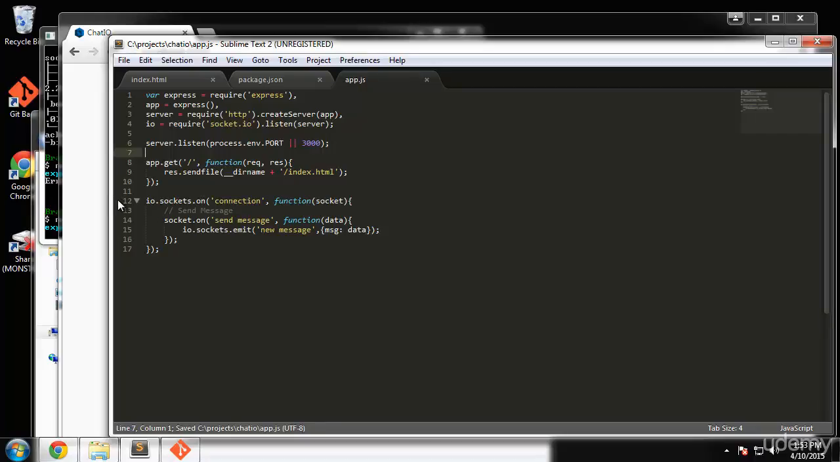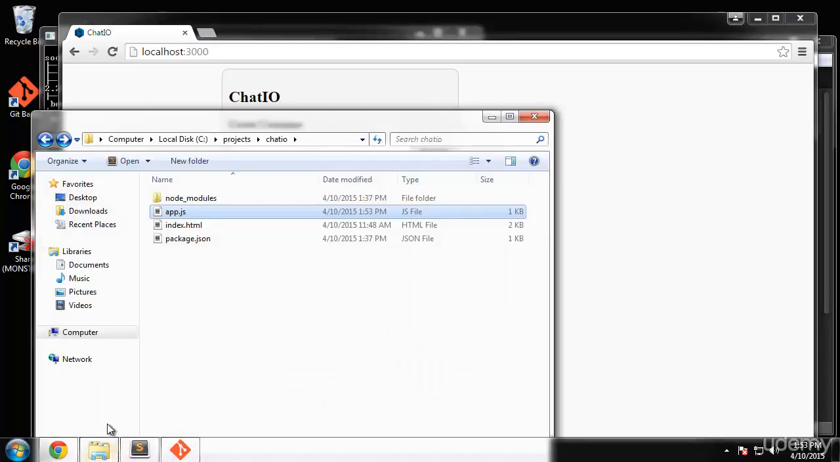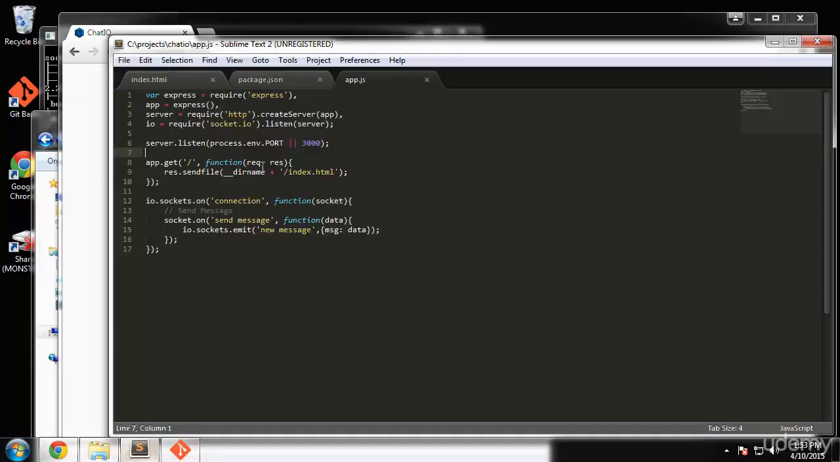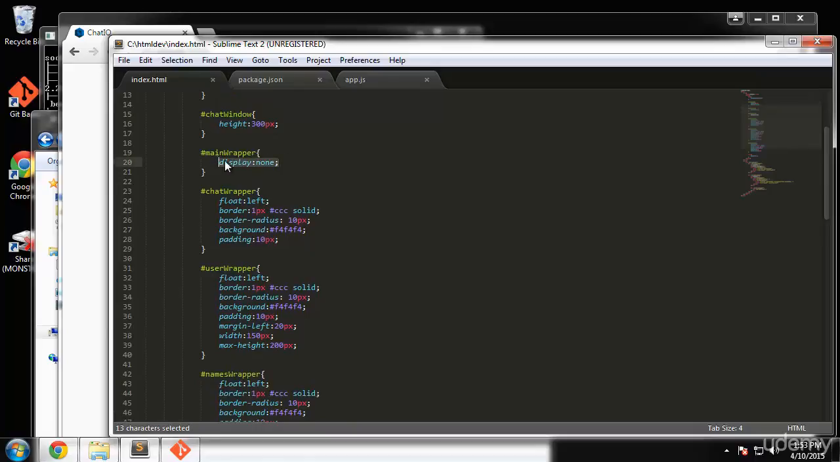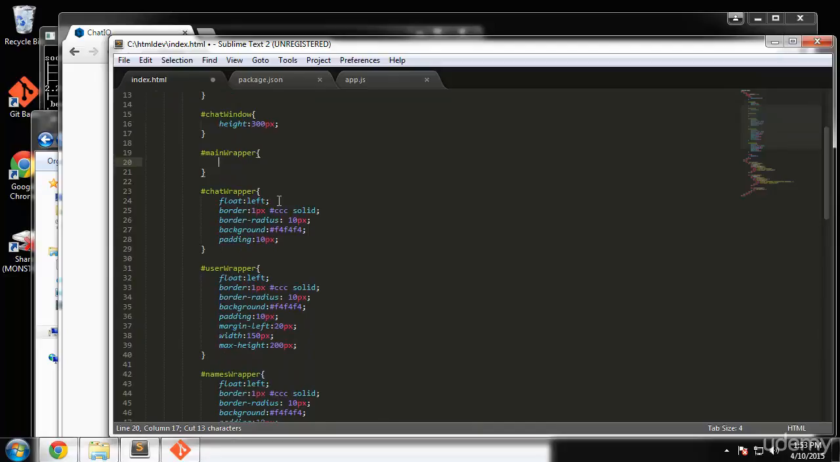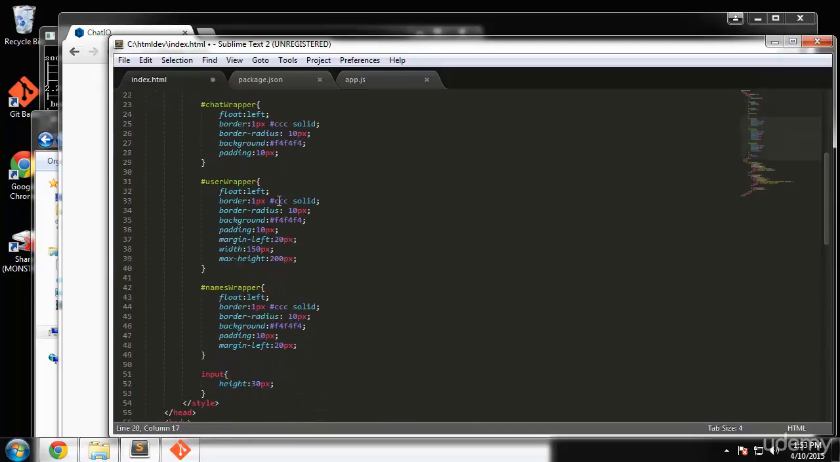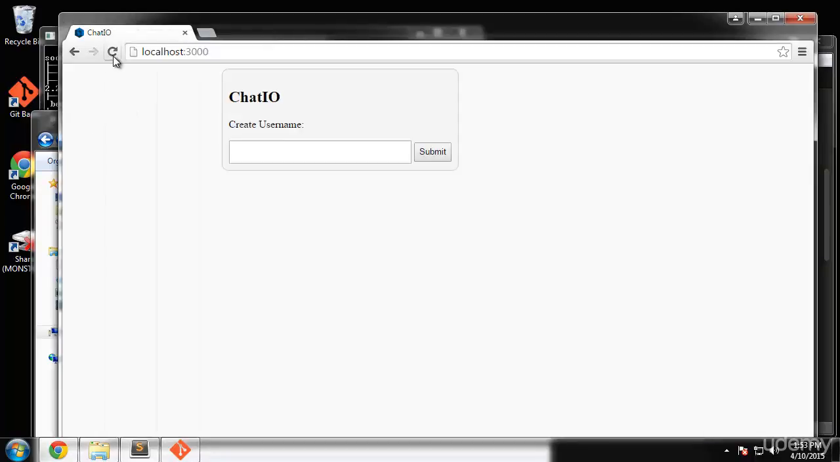Basically right now I just want to see if we can just get messages going. You know, not the usernames yet. So I'm going to have to just take this off for now. And we can do that in the HTML file. Okay, I'm going to take display none off of the main wrapper, and I'm going to put it on the names wrapper. Okay, so that way,